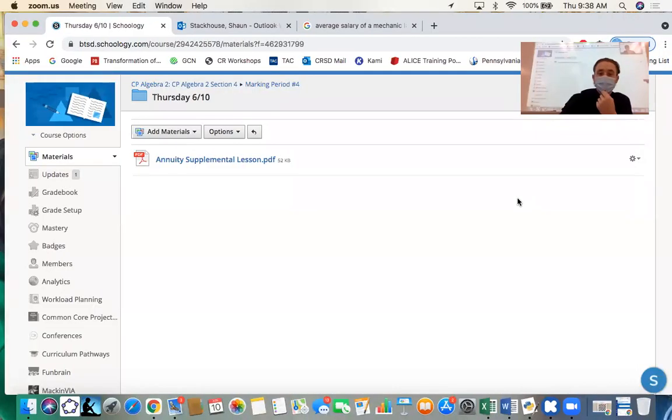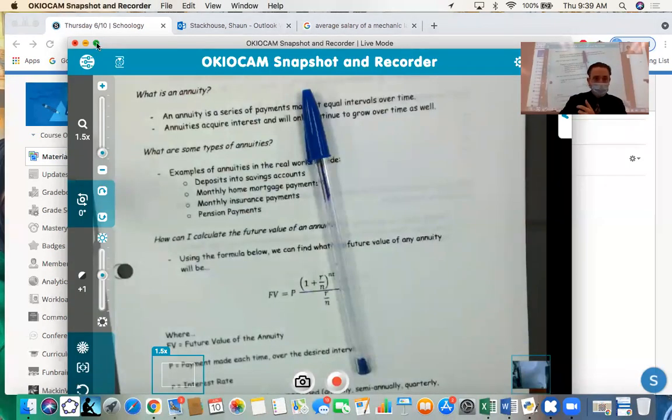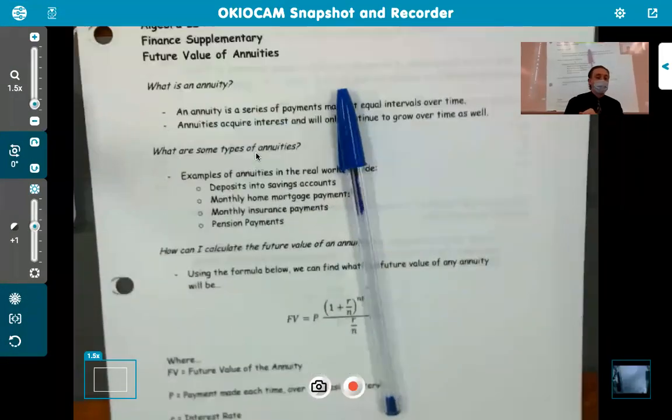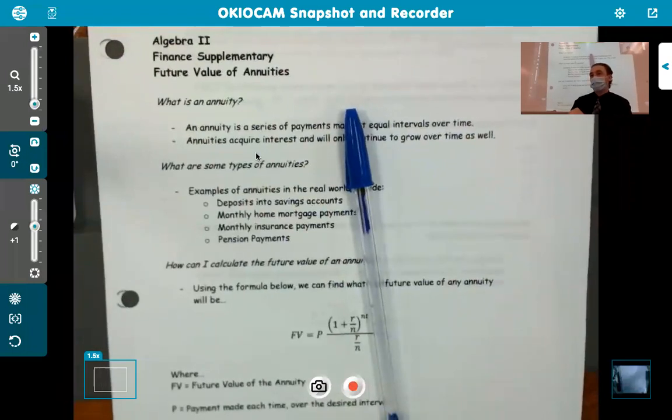All righty. So what we're going to be talking about and discussing over the next day and a half or so, next 2 days, is what's called an annuity. So this is our financial supplementary lesson. And the reason that we're talking about this, if I can rant or be a little bit transparent for a second,